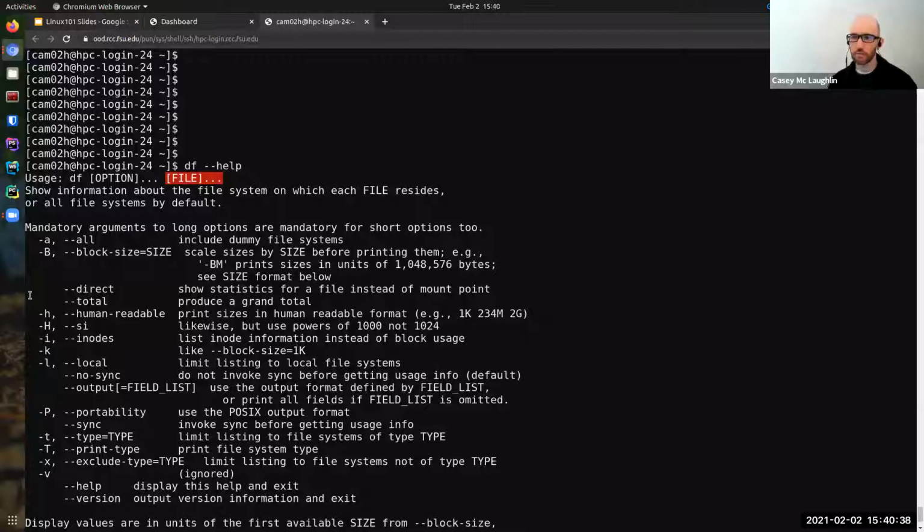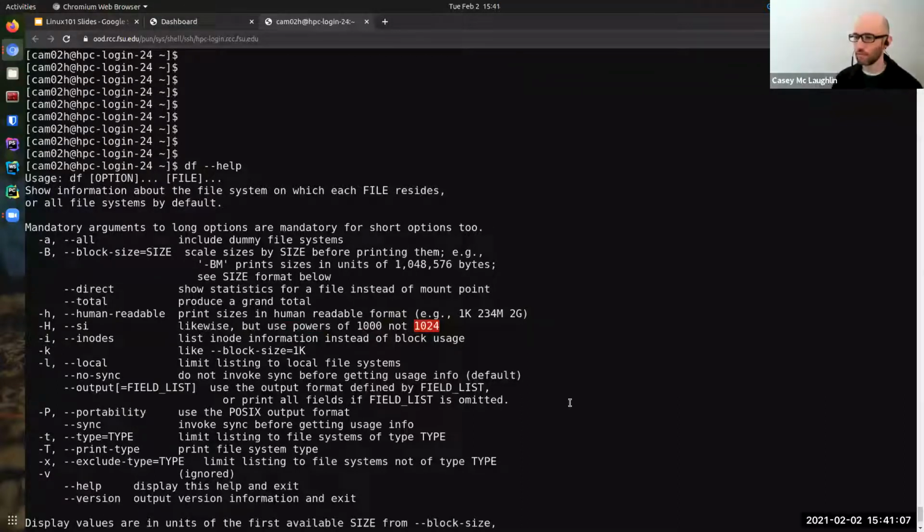Now, earlier we ran it with -h, which the long form is --human-readable. But notice that it's got an uppercase H option too, and that does something similar, but with powers of 1,000 instead of 1024. And that's important because sometimes you want powers of 1,000, and sometimes you want powers of 1,024.